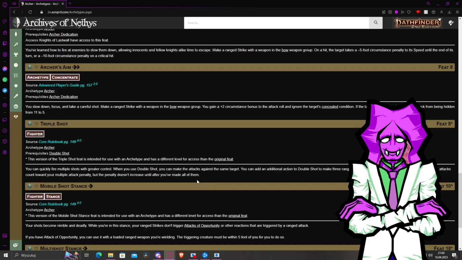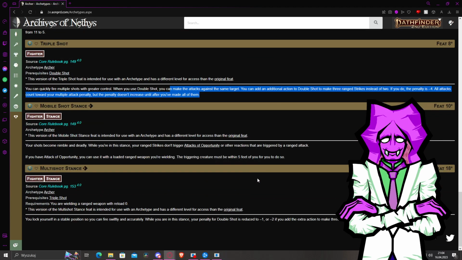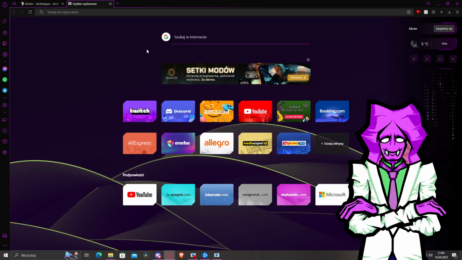When you use double shot, you can make the attacks against the same target. You add an additional action to double shot to make 3 range strikes against 2. If you do, the penalty is -4. All attacks count toward your multiple attack penalty, but you don't increase until you make all of them. So